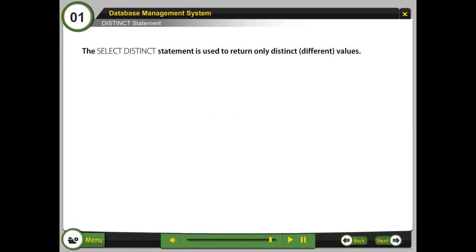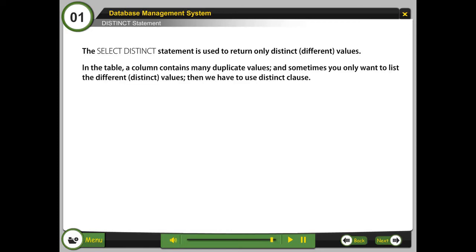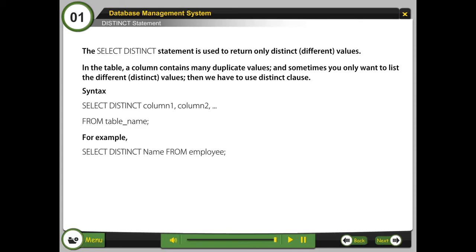Distinct statement. The select distinct statement is used to return only distinct, different values. In a table, a column may contain many duplicate values, and sometimes you only want to list the distinct values. Then we have to use a distinct clause. Syntax: select distinct column1, column2, and so on from table_name; For example, select distinct name from employee;